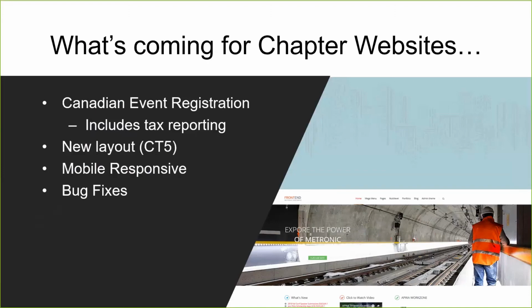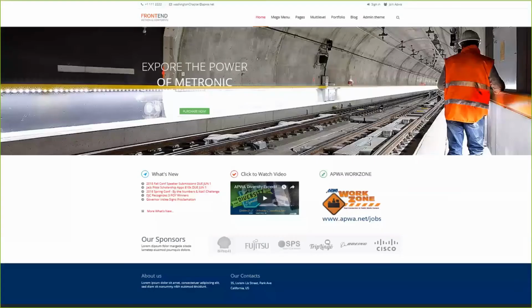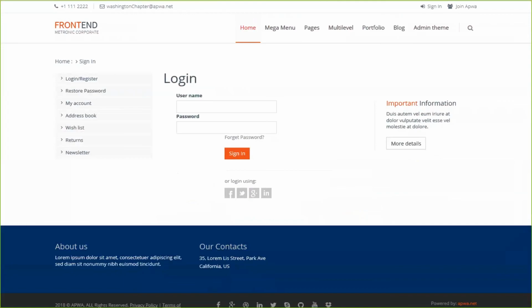So real quick, to show you potentially what we're looking at for a new version of the chapter website, or CT5 as we're coding it. This is kind of what we'll look for the homepage. It should match the national homepage look and feel, and this may change based off of what the national look and feel goes to. We're in the process of kind of revamping the national website as well. So right now this is the potential for our chapter website, the login page,